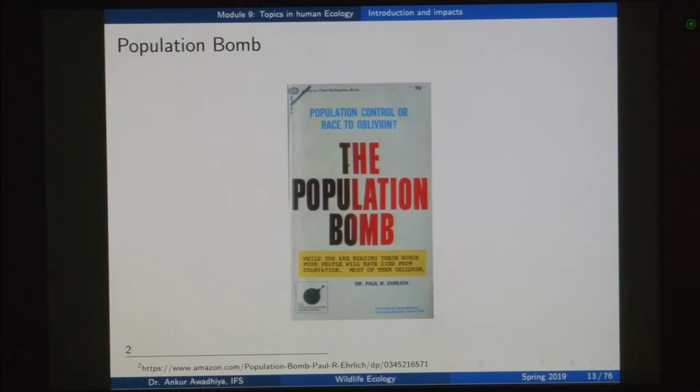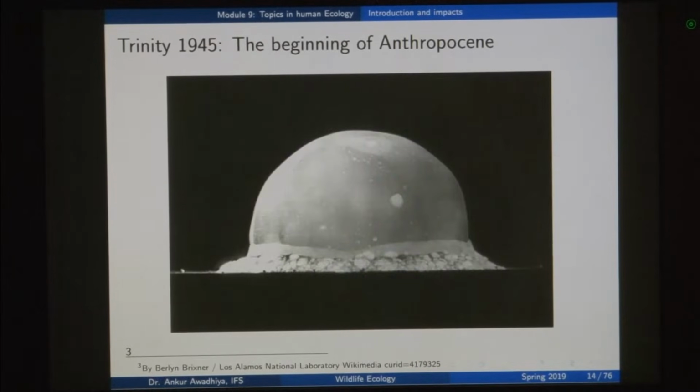Now, why do we say that the size of our human population is becoming an issue for the biosphere? There are a number of reasons, and the most important is that these days we are living in the Anthropocene era. Anthropocene is a geological time scale which some scholars believe started with the atom bomb testing, or the Trinity test, in 1945, and we take this time point as the point from where human beings started to have